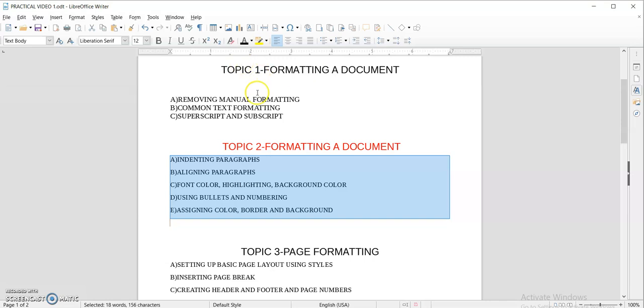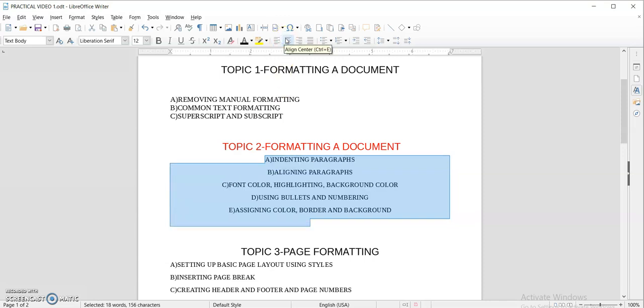Next is aligning the paragraph. If you want to align the paragraph, you can see these options: align left, align center, align right, and justify. If you want to align the paragraph in the center, click on align center. The shortcut key to align the paragraph in the center is Ctrl+E.